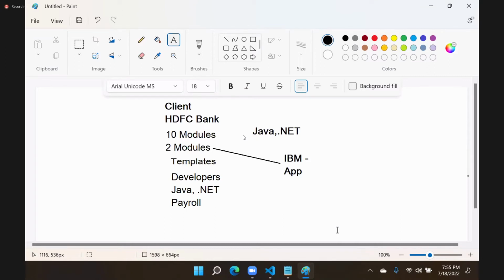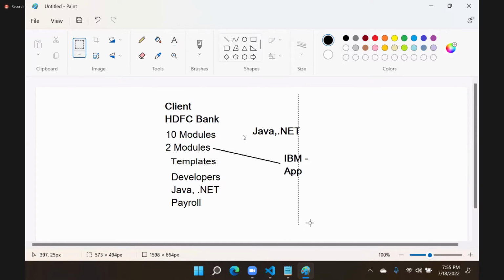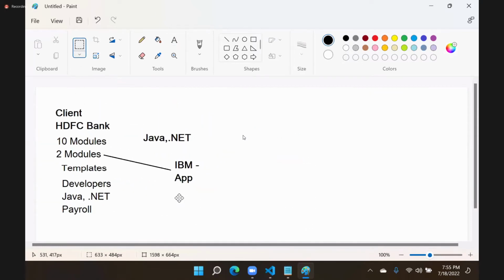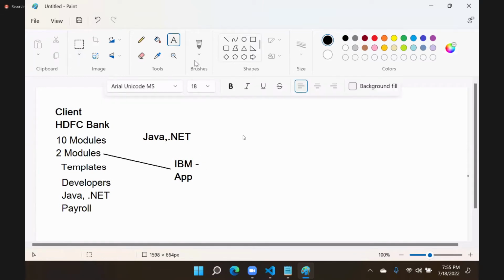That means if anybody asks where we use templates, this is one requirement. The second requirement is, suppose this is one kind of, another requirement is nothing but, I hope